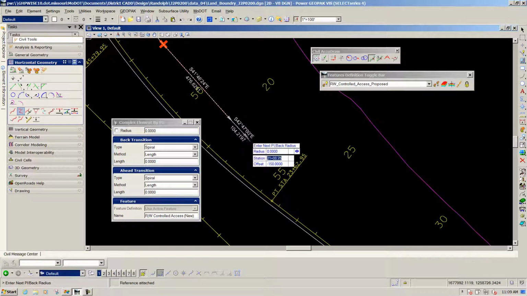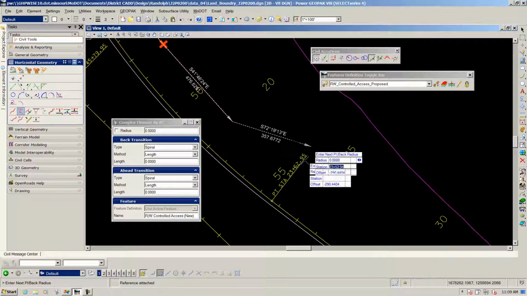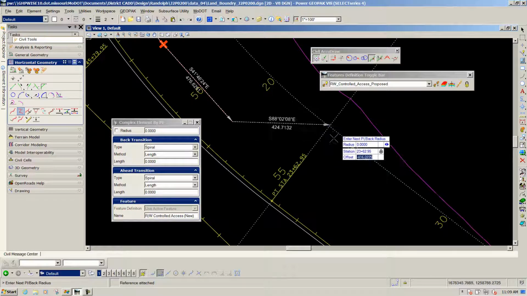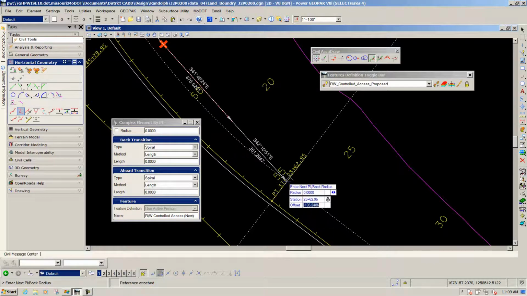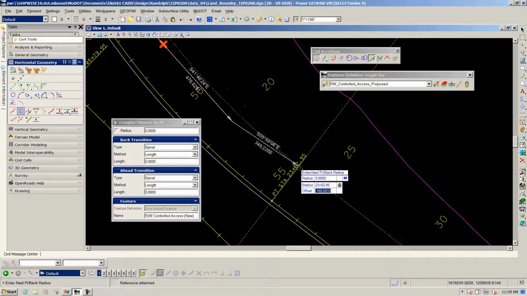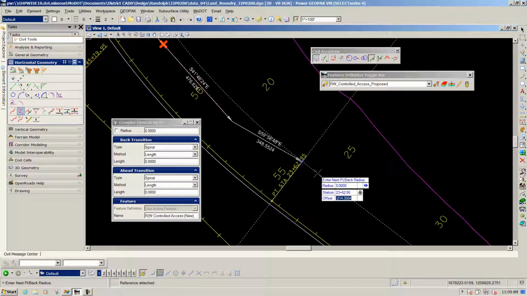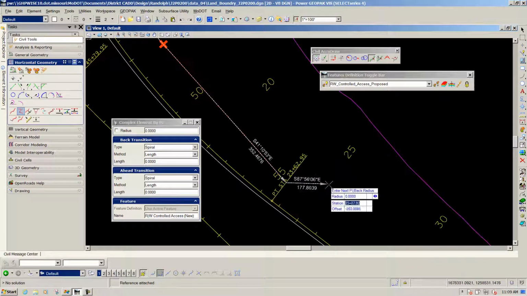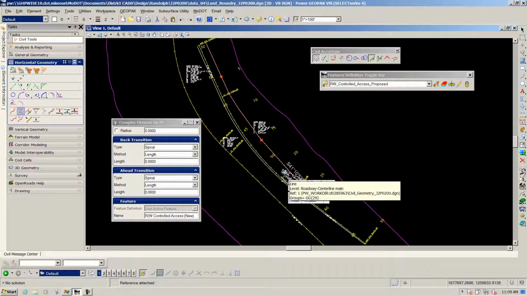So that's all we're doing, is we're just placing this right-of-way line all the way down the Road 1 corridor, and our next one is at 23 plus 62, which again is right at this PT location. So again, I'm just going to type it in, 23 plus 62.95. I move my cursor, that agrees with that stationing major tick mark there, and so I'm going to go ahead and type in the offset of negative 100, enter that in, left click,